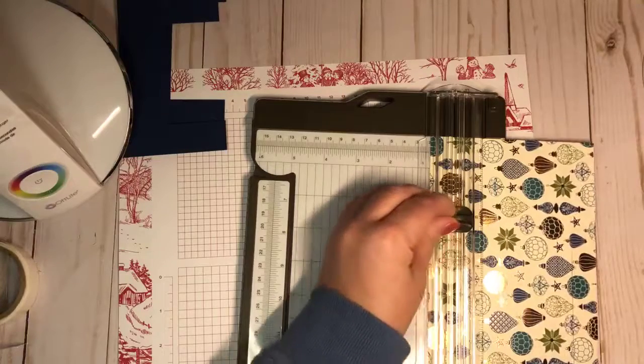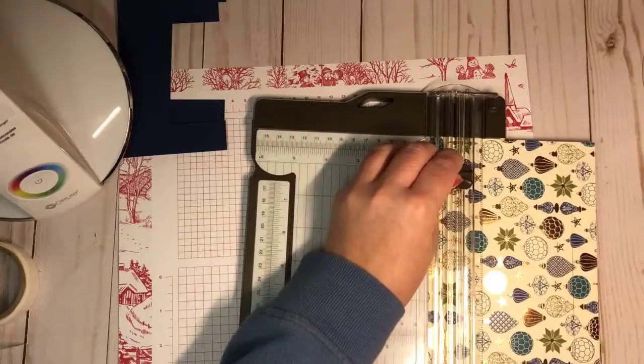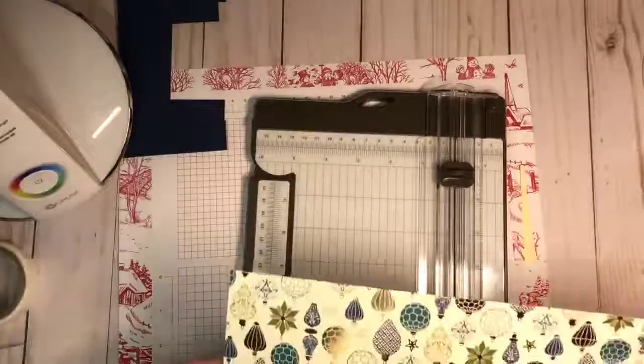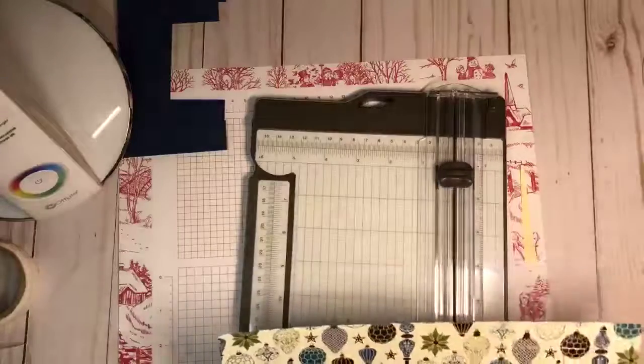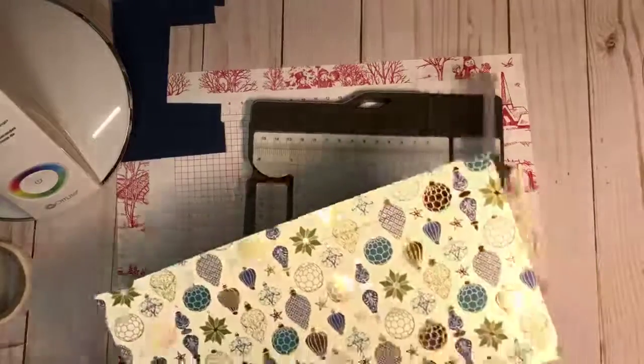All right, I'm just going to come in and lift this up. There we go, I can see it now. There, okay, that was tricky. Hopefully it'll work. If not, I have scissors. All right, now we're gonna flip it across. So we have the 10-inch side along the top. We're gonna line it up